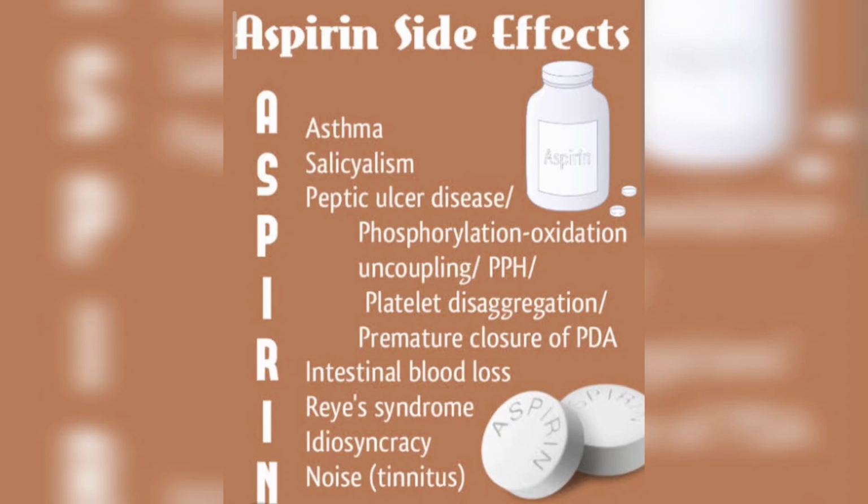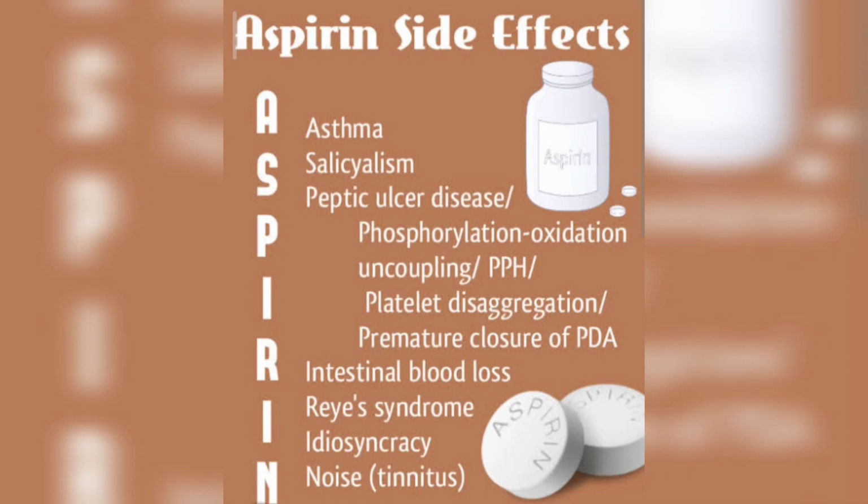So today we are going to discuss some main side effects of the tablet aspirin. We are going to learn the side effects through a mnemonic word, that is aspirin itself. So A for asthma, S for salicylism or peptic ulcer disease. P stands for